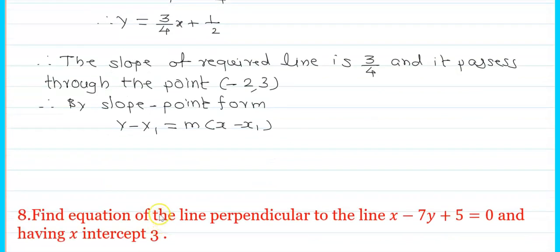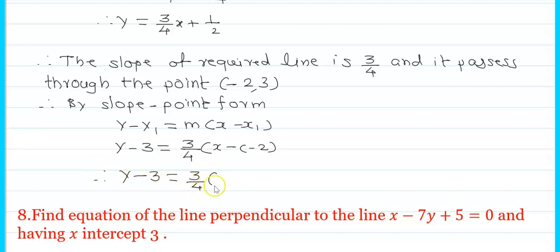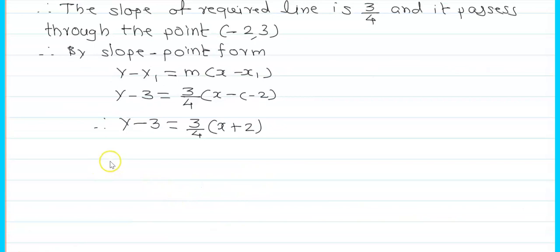Now substitute the values. y minus 3, the value of m is 3 by 4, in bracket x minus in bracket minus 2, and therefore y minus 3 equals 3 by 4 in bracket x plus 2. Therefore its simplification is 4 in bracket y minus 3 equals